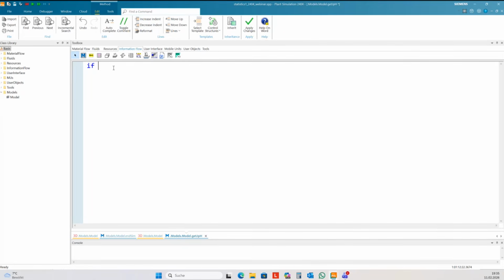So I need a condition: if EventController.SimTime is greater or equal to EventController.Start. The event controller will reset all the statistic data, so we get some unclear data.